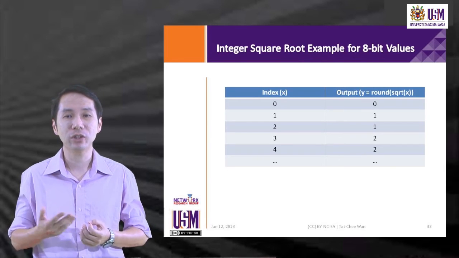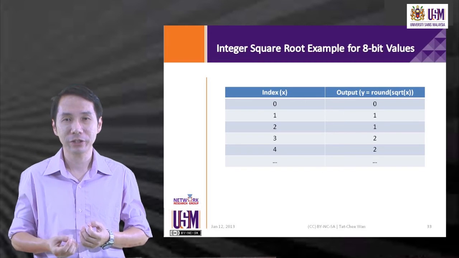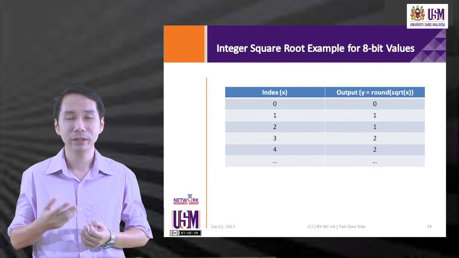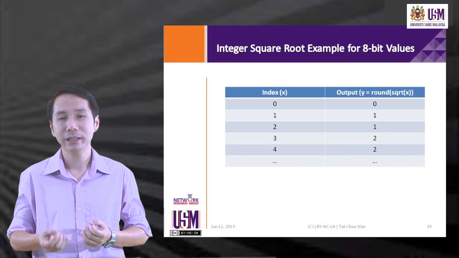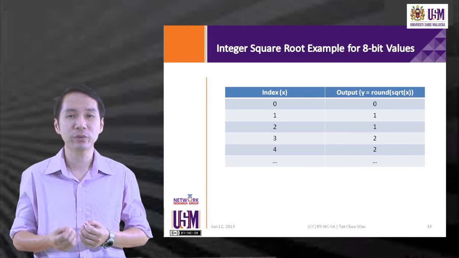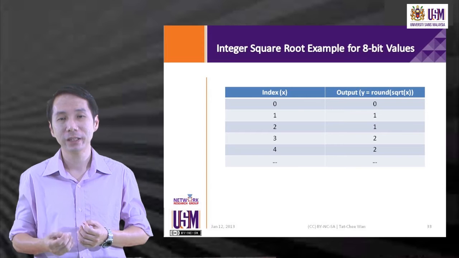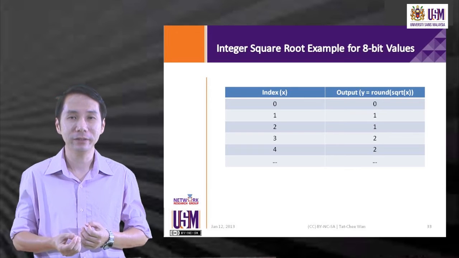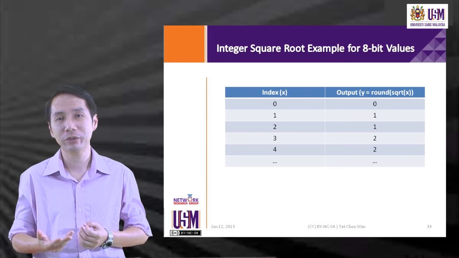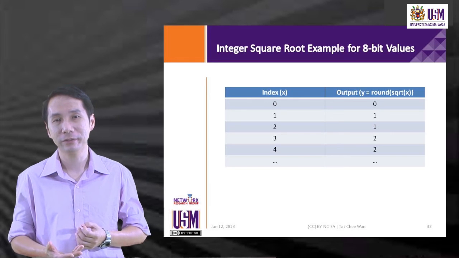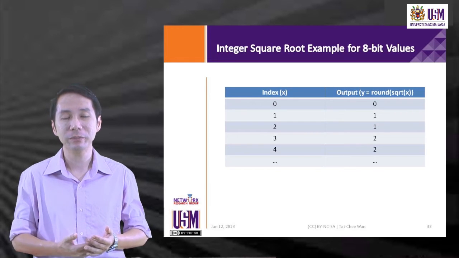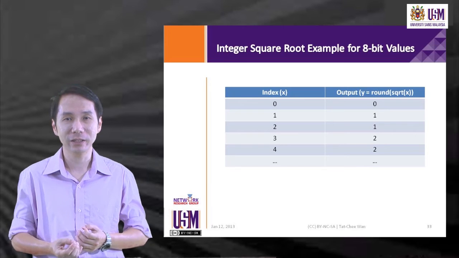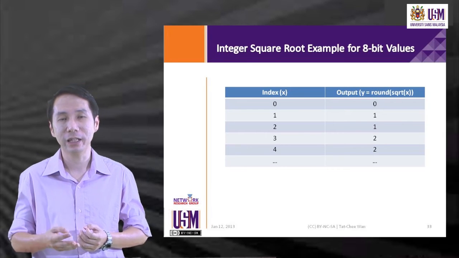Let's look at how we can solve a square root calculation problem for a low-end processor. In this case, we are interested in the integer square root of a number. The number is an 8-bit value, and subsequently the square root also would be an 8-bit value. Now the integer square root means that we will not be concerned about the accuracy of the output value, only